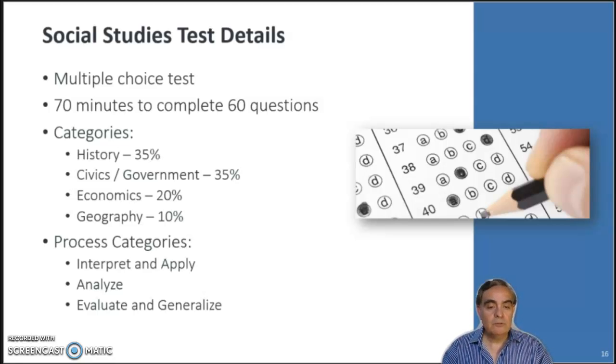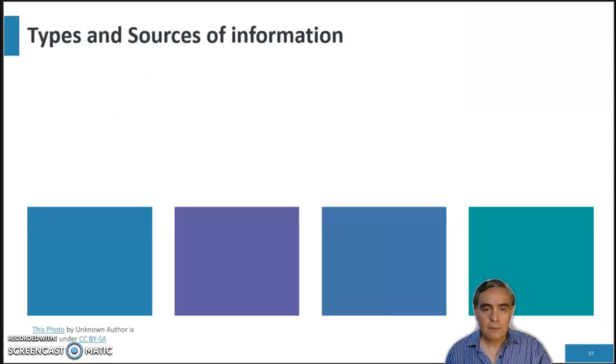You will need to demonstrate your ability to comprehend, restate, summarize, and draw inferences based on the information the test gives you. Don't worry, you will not have to recall everything you have ever learned about social studies. You will rely on what you already know about important social studies concepts and events and combine this information with the facts or information given you in the question. What kind of information would they give you? Well, let's go over the types of information.